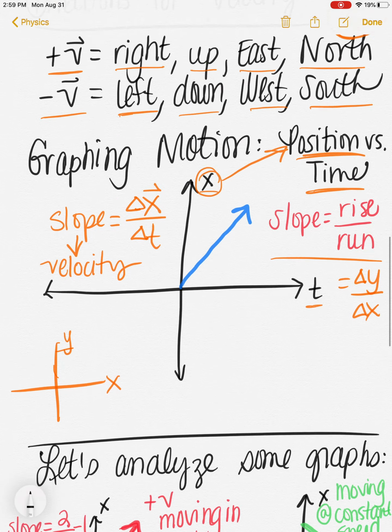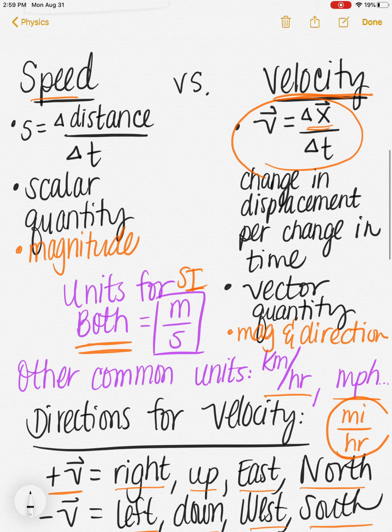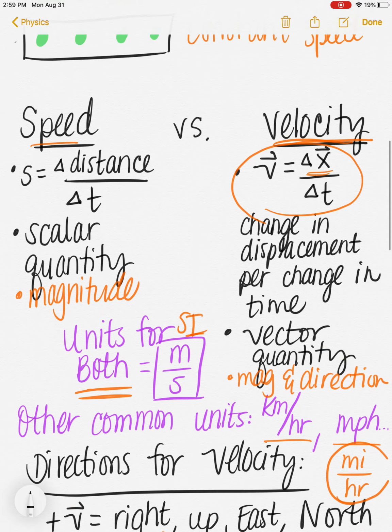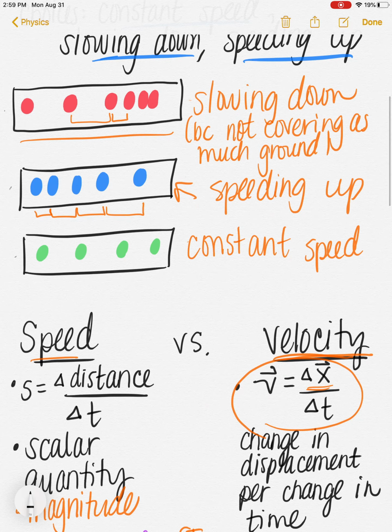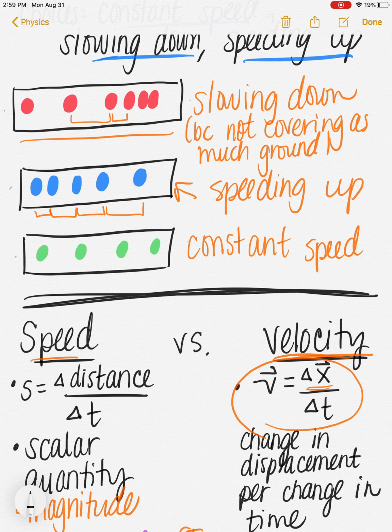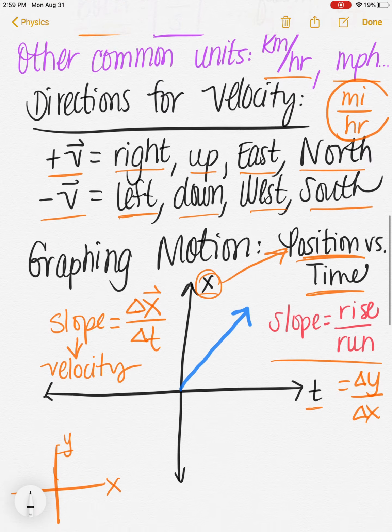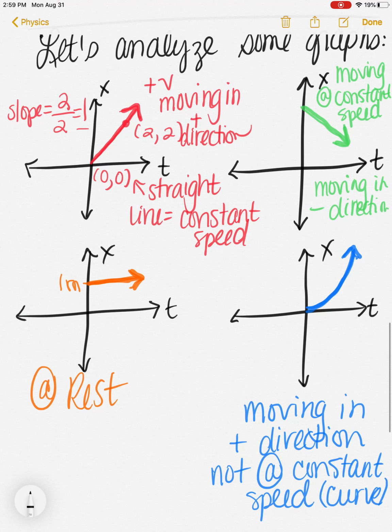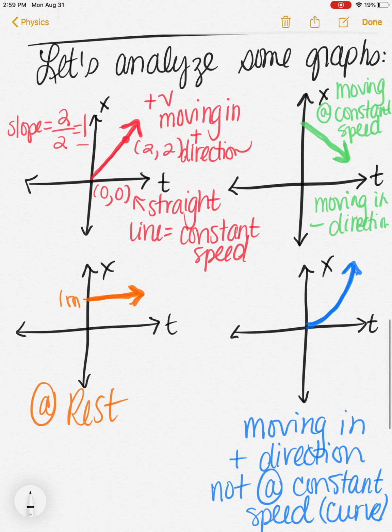The main takeaways from today are the differences between speed and velocity, knowing that speed is a scalar quantity and velocity is a vector, and also being able to analyze this type of motion graph or motion diagram where you just have dots, as well as an XY